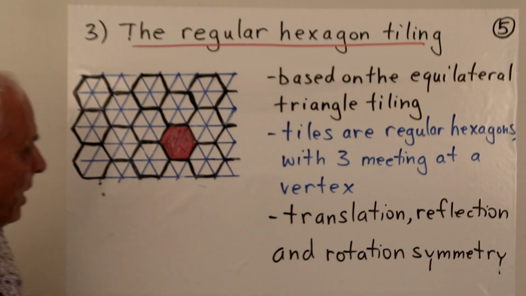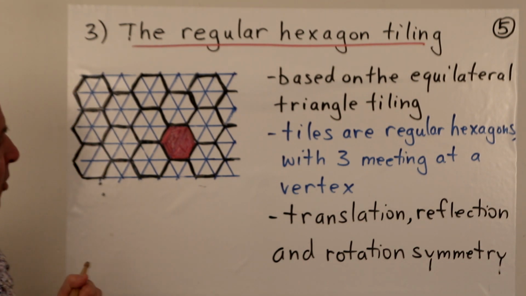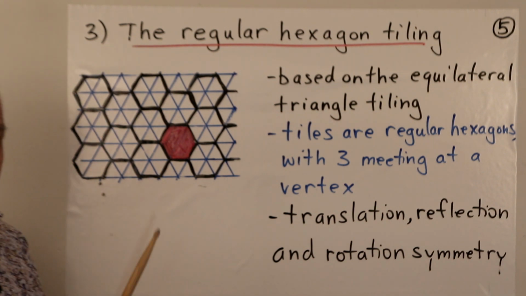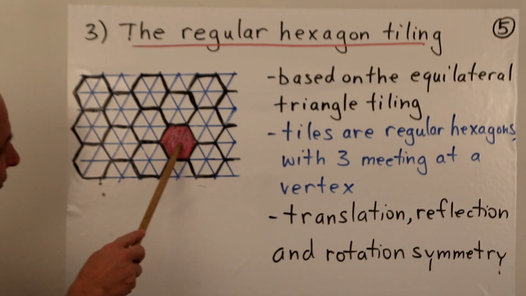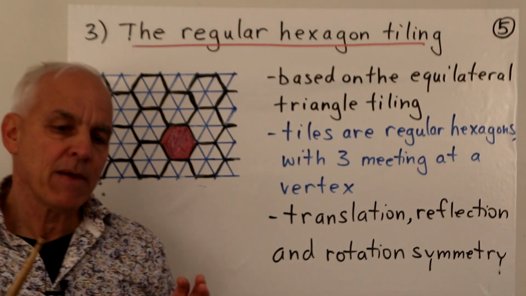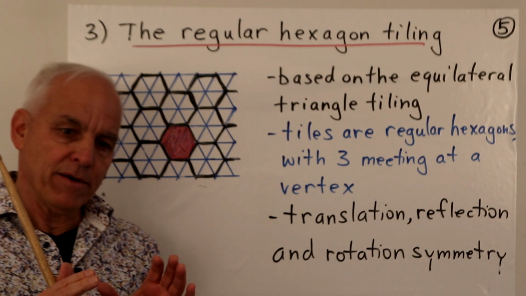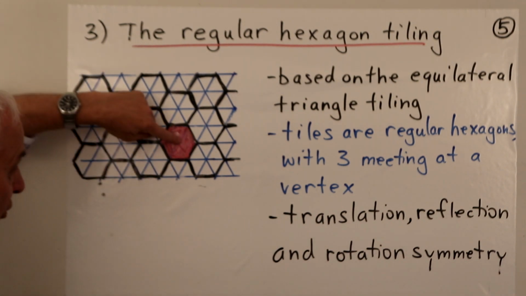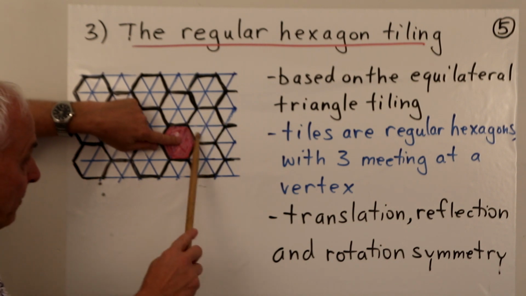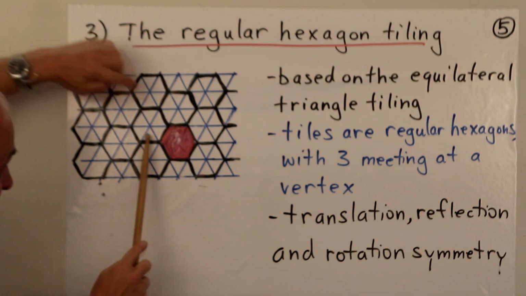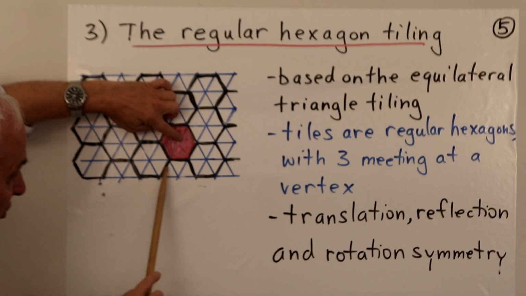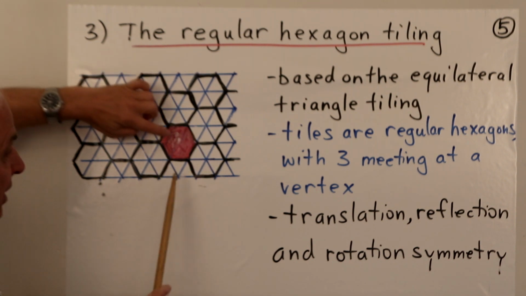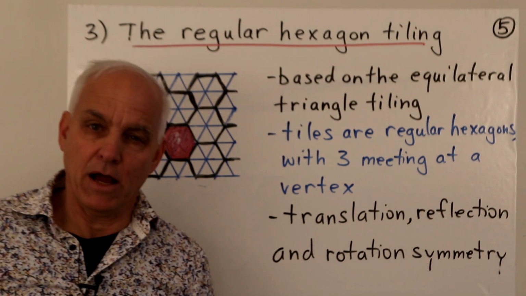Why is that? Well, because if we look at it from the point of view not of a vertex, but of a tile or a face of this tiling. So let's say we look at this tile here and ask, how many tiles are touching this one? Well, it's easy to count, right? So we're looking at the tiles that touch this one. Here's one, here's a second, here's a third, here's a fourth, there's a fifth here that I've only shown half of, and there's a sixth one. So there's 6 tiles around this central red tile.